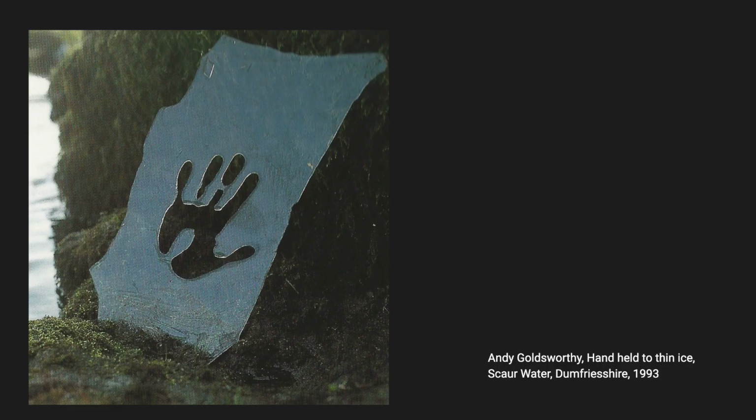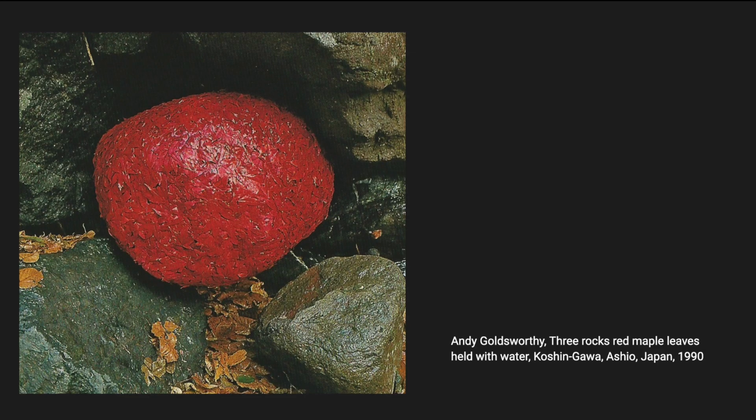This piece is called Handheld to Thin Ice. Goldsworthy states that he has found and worked with red in many countries and talked of it as the earth's vein, a description confirmed by the realization that the earth and stone are red because of their iron content, which is also why our blood is red. The beauty of red is its connection to life underwritten by fragility, pain, and violence. Layering makes connections to geology and growth.